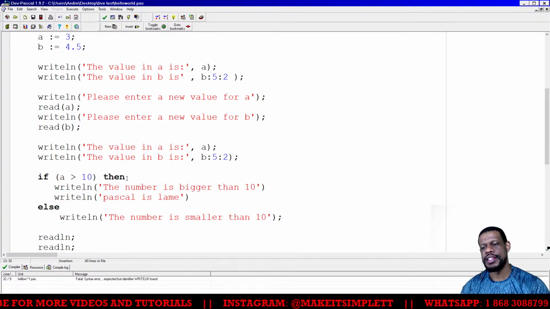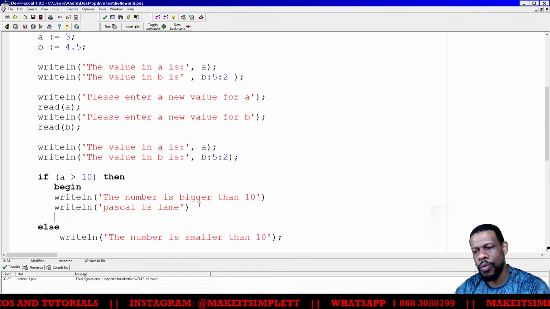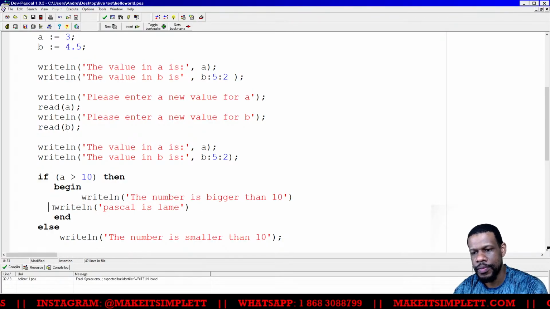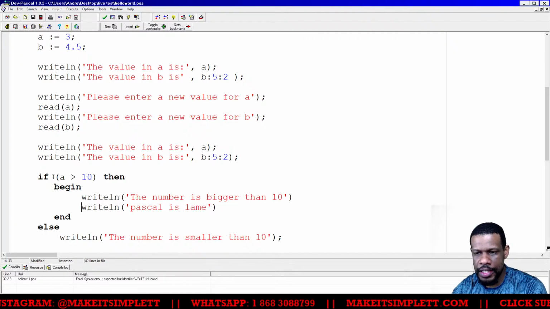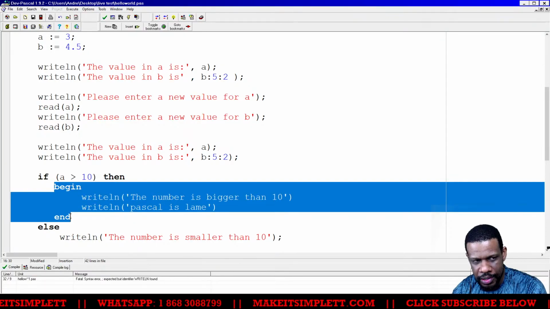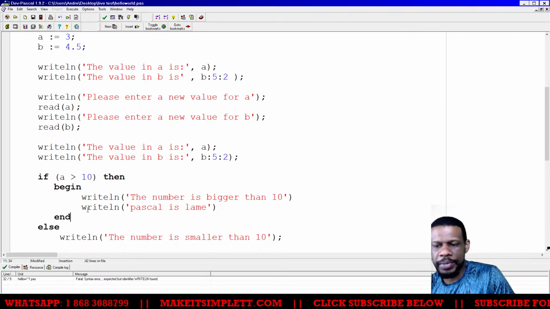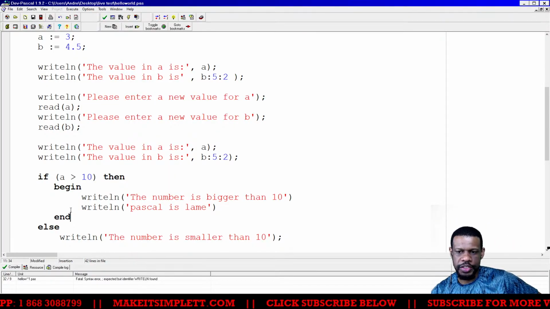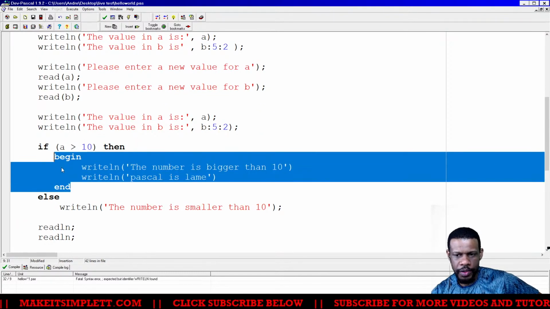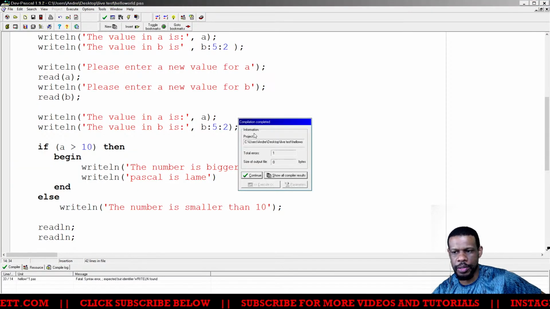What you have to do is put a begin and an end inside the if to tell the compiler where the beginning and the end of the if statement is. So I'm saying if A is greater than 10, I want to print all of this that goes from the begin to the end. This is like a baby begin and end, a begin and end for children, because the real begin and end has a full stop, but we're not putting any full stop. We're just putting this begin and end here. So that tells the compiler, okay, this is what I wanted to print if it's greater than 10. So let me compile it and see what happens.